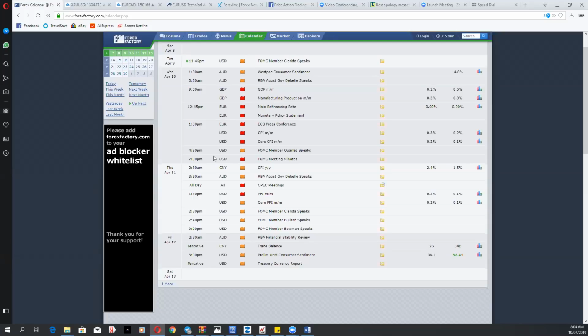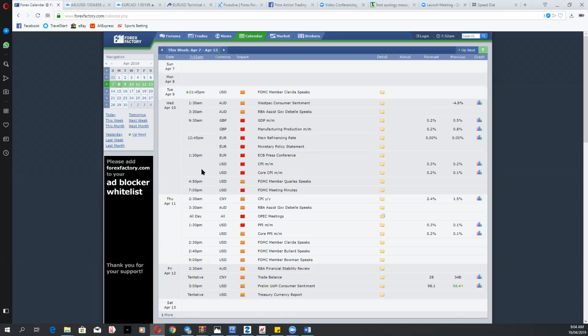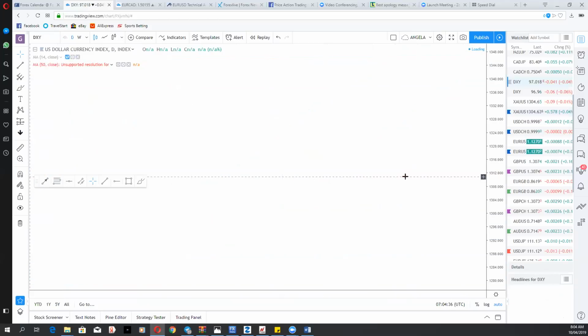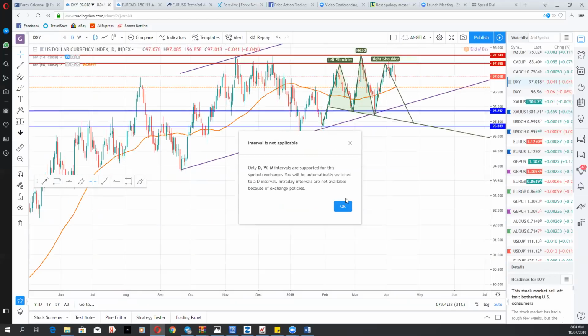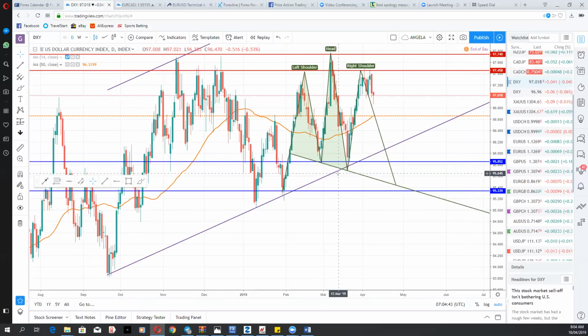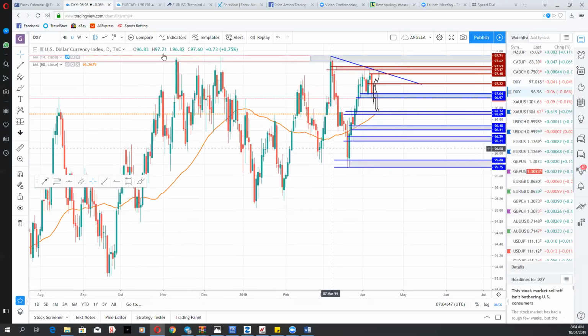If you ask me, if you don't know what to do, just stand by the wayside and observe to save yourself the stress, because it might not be a good outcome if you're not prepared. That out of the way, we go down to the charts. Like I've been saying, the dollar index has a bearish head and shoulder pattern that is still playing out, which is foretelling dollar weakness.